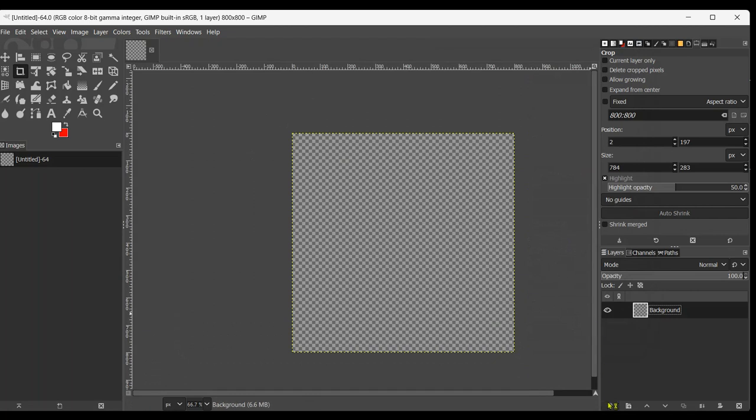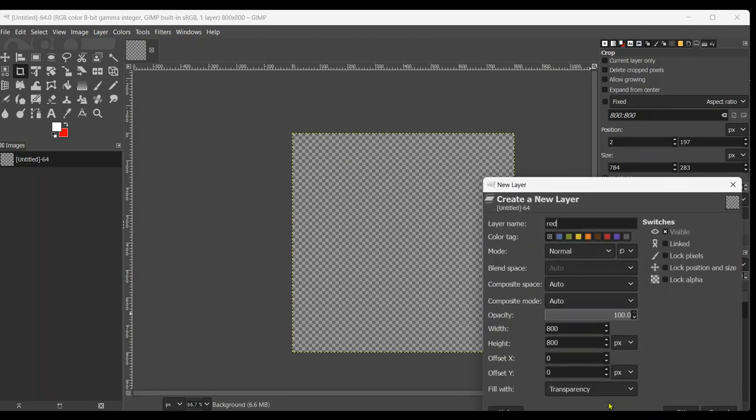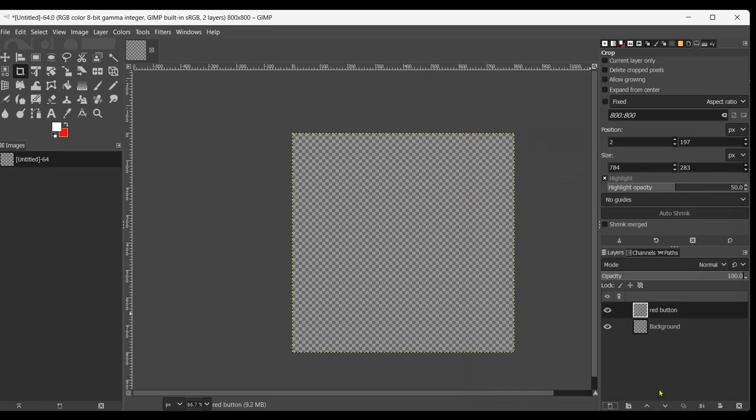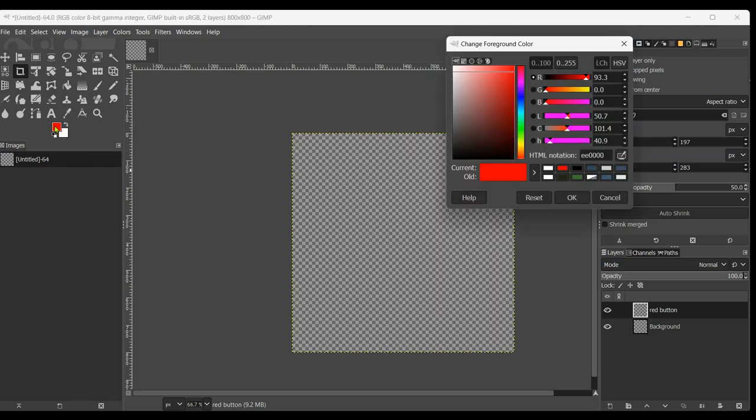So now we're going to add a new layer and call it red buttons. Okay, and I'm going to fill with transparency and click OK. Now I'm going to make sure that my foreground color is red. So there's a little arrow over here that you can click on to make sure that the foreground color is red. If it's another color, you can click it open and then select red from inside the foreground color here